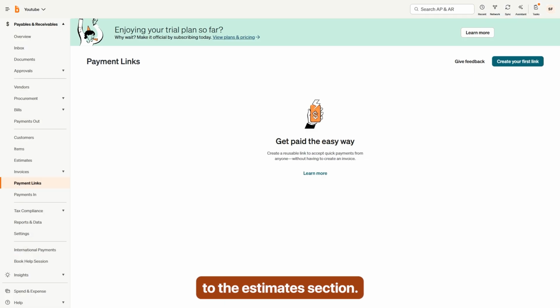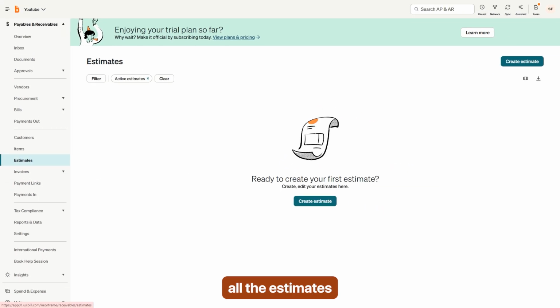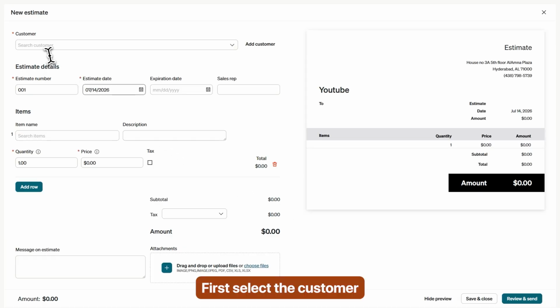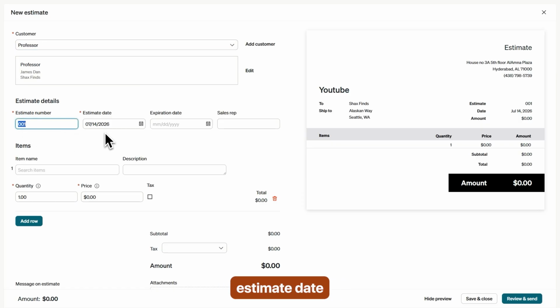Now let's move on to the Estimates section. Estimates are useful when you want to send a price quote to a customer before creating an invoice. From the left sidebar, click Estimates. This page displays all the estimates you've created, and since this is a new account, it will be empty. To create one, click Create Estimate. First, select the customer that you added earlier. After selecting the customer, enter estimate number, then choose the estimate date, and if needed, set an expiration date so